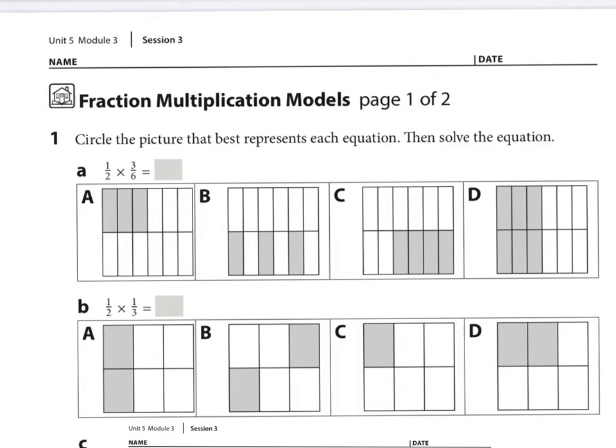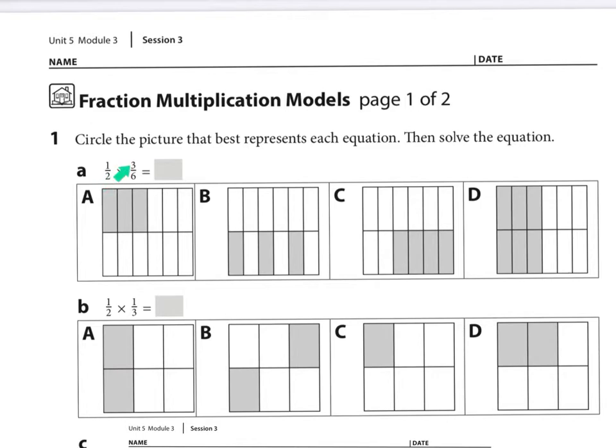Hi students, today we're going to look at Unit 5, Module 3, Session 3, titled Fraction Multiplication Models. Number 1 says circle the picture that best represents each equation, then solve the equation. So here we see an example has been done for us,